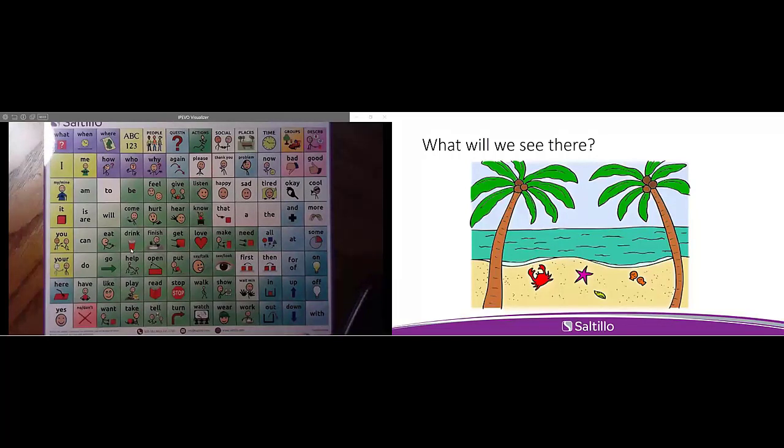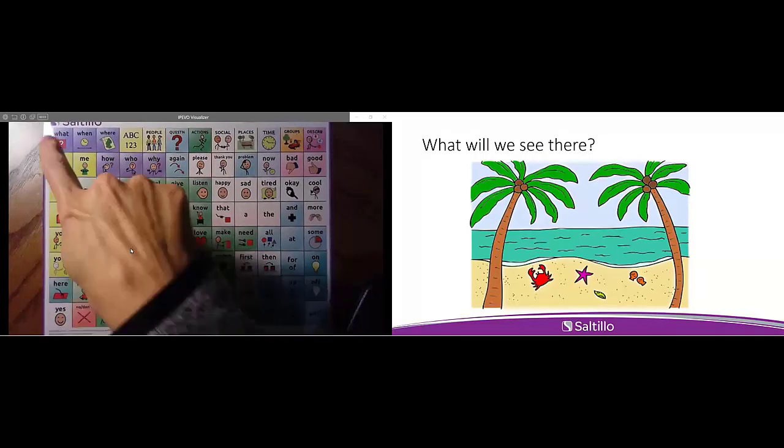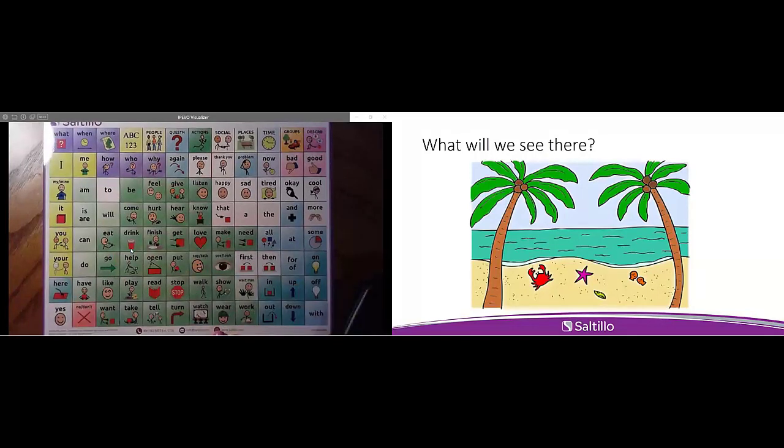So, yeah, I can't take credit. I did learn it from a teacher friend. With our activity at the beach, I can model: I see the crab. I go in the water. And I'm slowly starting to build, go in,